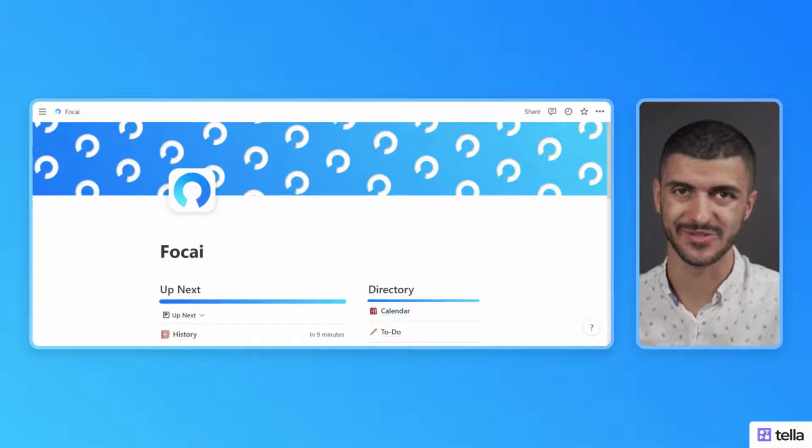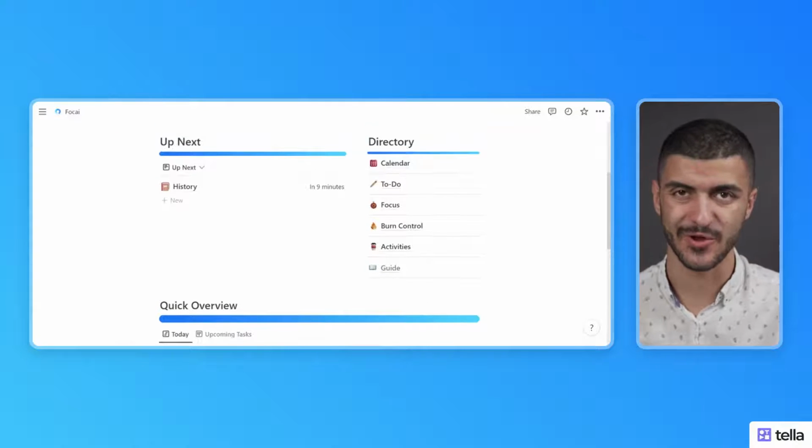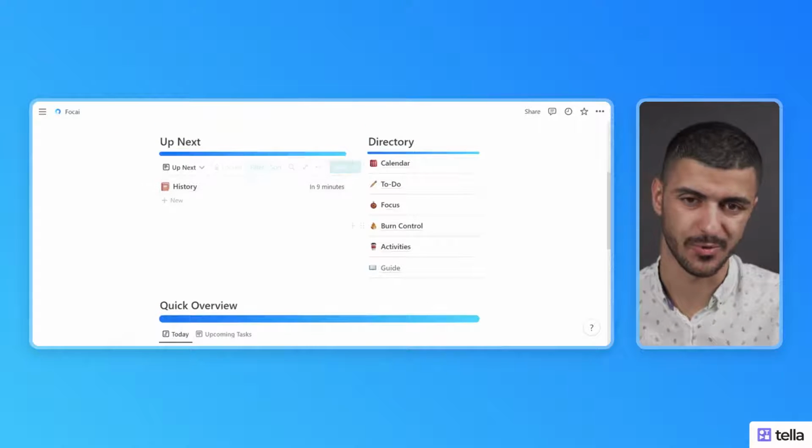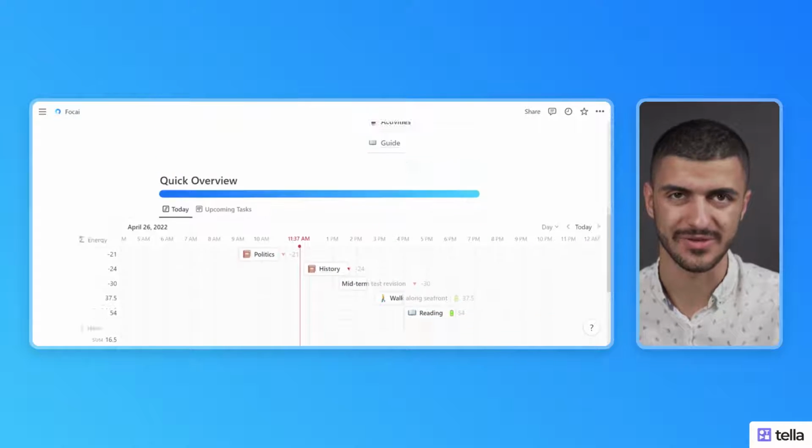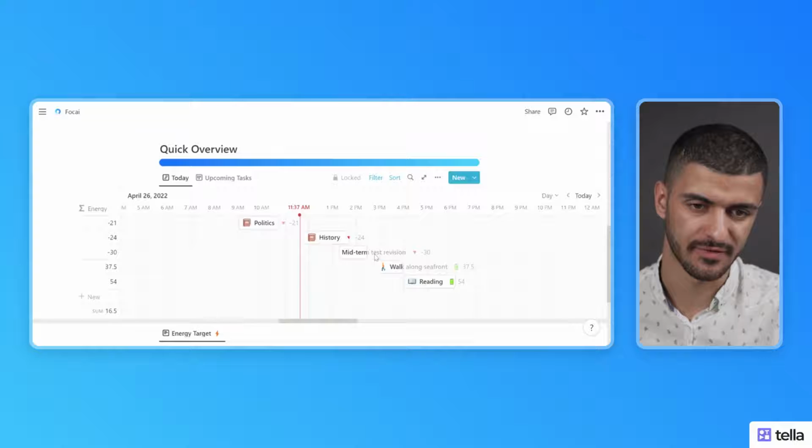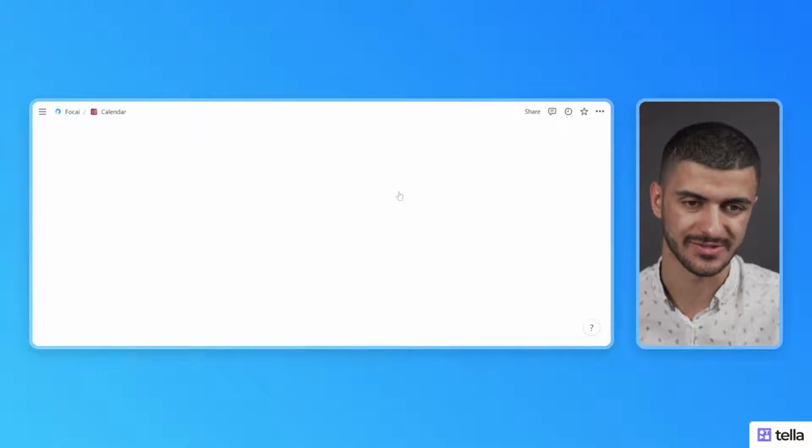So let me show you how this all fits together. So this is the homepage of Focai. This is where you can see what you've got up next and just the other different tabs of Focai. We'll go into some of those later. And this is the quick overview, which is essentially the same as what I'm about to show you, which is